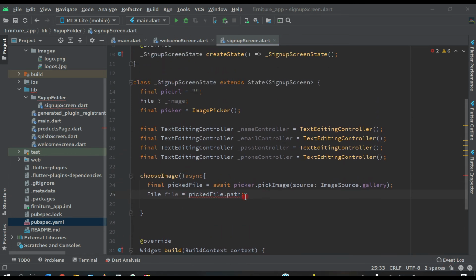Sorry, we forgot, cut it here like this. Write File and pickedFile.path and then semicolon, and it's showing an error. Just click on it and you will see this red bulb, and click on it, add a null check here like this.